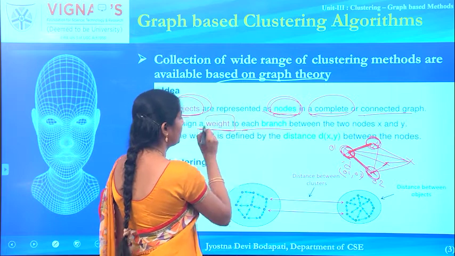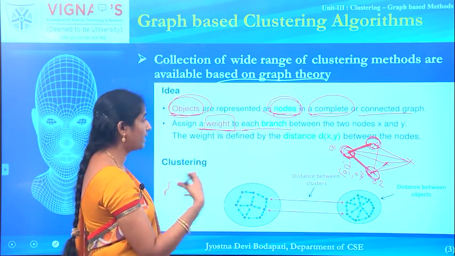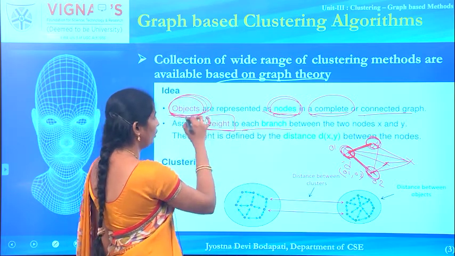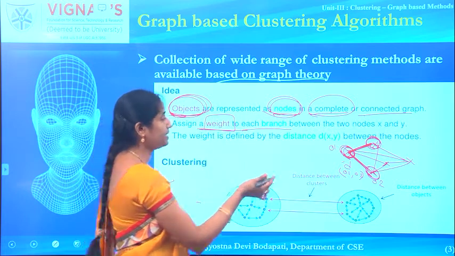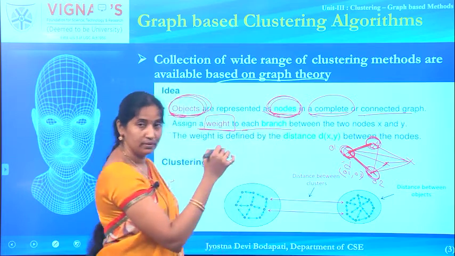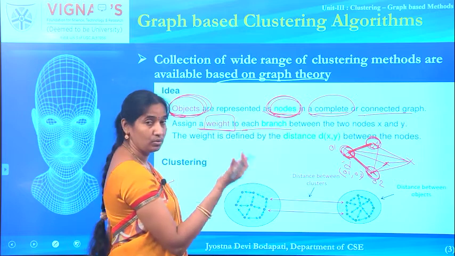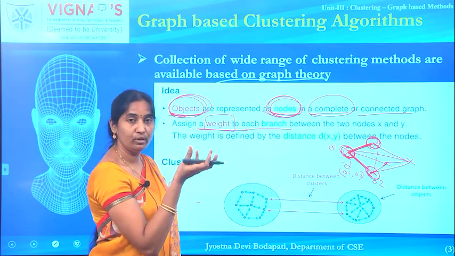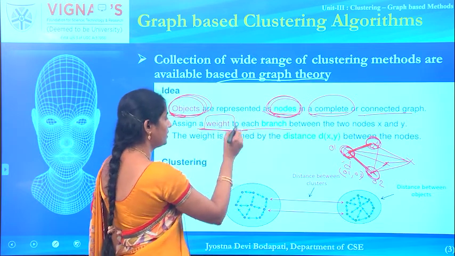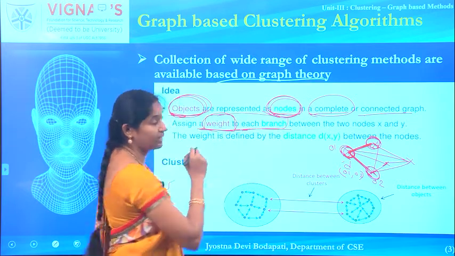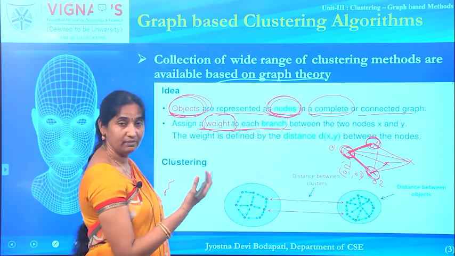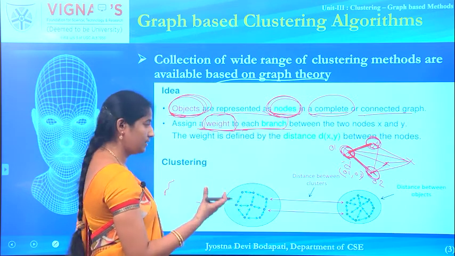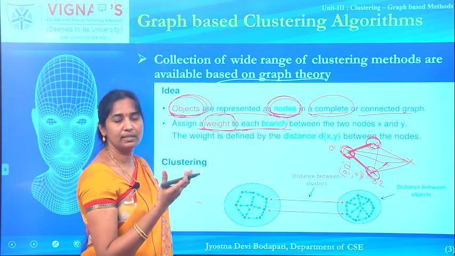So, that is how you are constructing the graph. What is your graph now? All the data objects in your data set will act as nodes in your graph, and the distance between a pair of nodes forms the weight of that edge. So, once you have that graph, then you can apply any of the graph based clustering